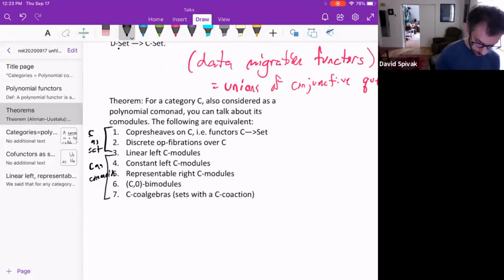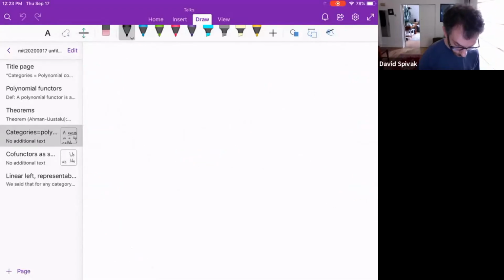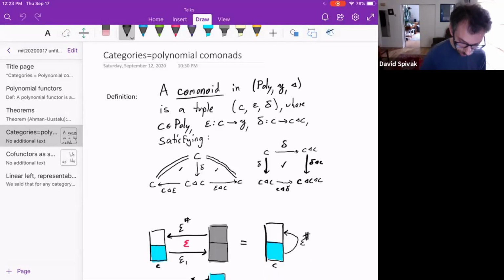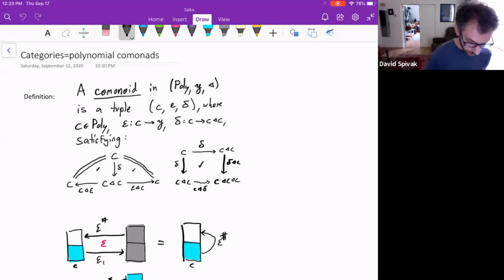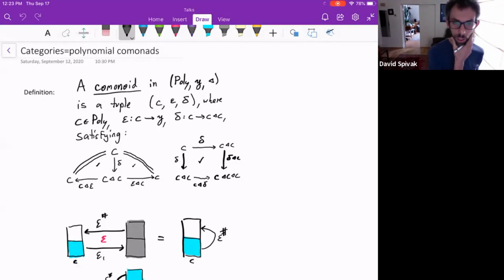Okay. So why are categories comonoids? I think we're at the parking lot of Disneyland now. If the ride we're really looking forward to is this proof that comonoids are categories, we're getting fairly close. I'm ready to define what a comonoid is now. A comonoid in any monoidal category, but in particular in Poly with this monoidal structure, is a tuple, where C is going to be a polynomial,